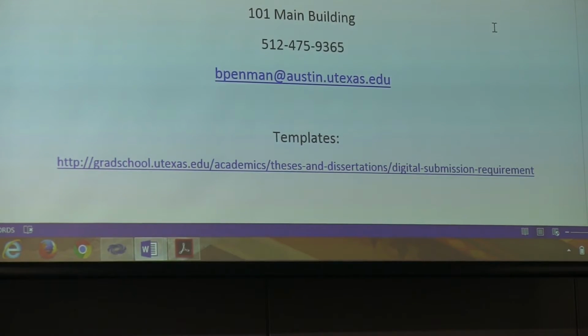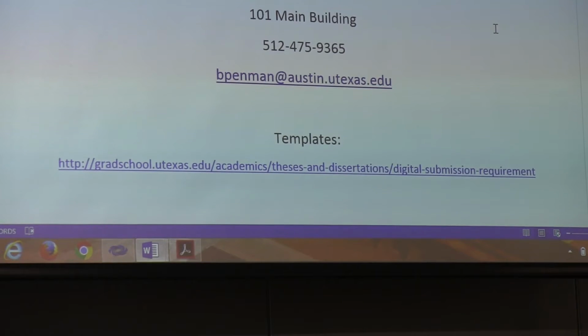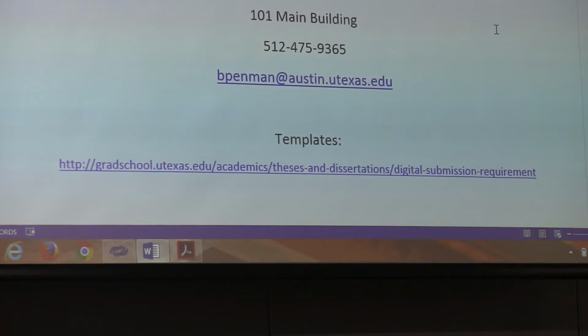As far as the templates go, UT has always had a certain look that they want a thesis or a dissertation from UT. They want it to look a certain way. Margins a certain size, page numbers bottom centered, all that kind of thing. And pre-computer, everybody had to do that themselves. We have a set of publishing guidelines that is still on our website if you're a do-it-yourselfer, but we created the templates so that it'll do a lot of the work for you. It's already got the margins set, page numbering, all the pretext pages are in there in the order they should be, all that kind of stuff. So I highly recommend them.